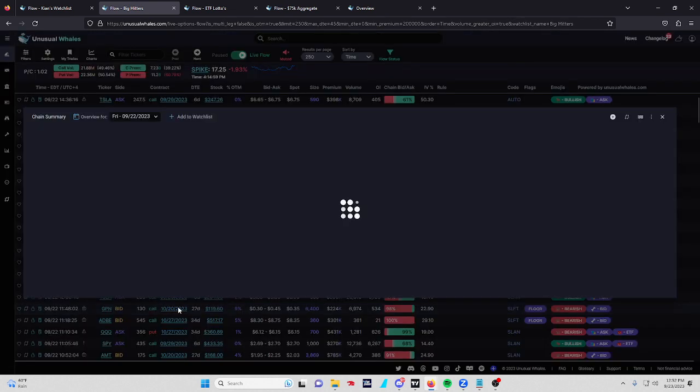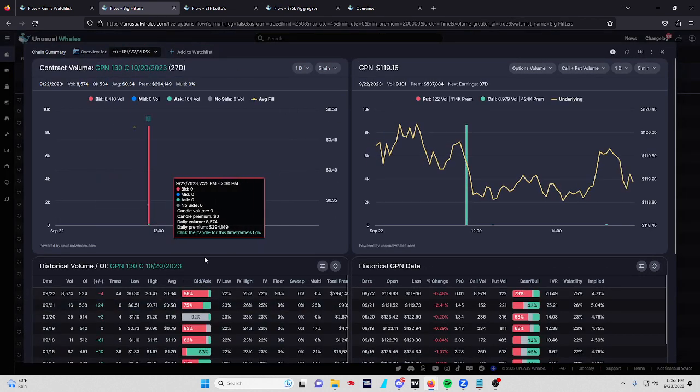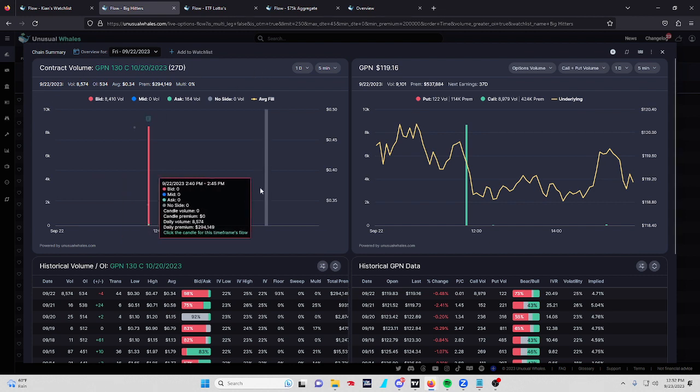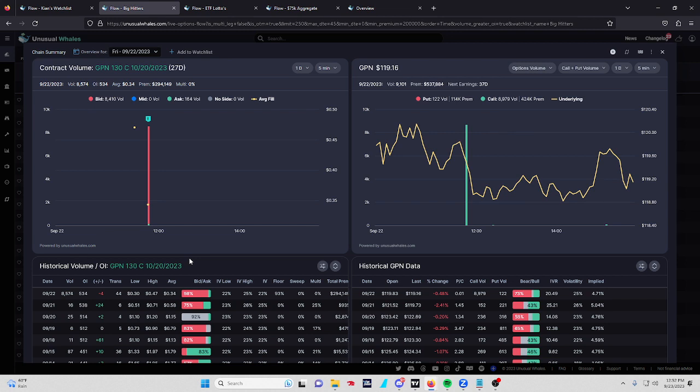So if you look at GPN, this is what I call a very clean bid side trade, right? So they're not expecting GPN to get any closer to 130 by expiration, right? So when you see a red bar like this, that means it's STO, right? So they're selling this premium. They're going to sell this premium at 34 cents. Their goal is for this premium to go almost to zero so they can buy it back for cheaper, right? So this is just a single leg order, 8,000 in volume, 534 in open interest, and this is an STO